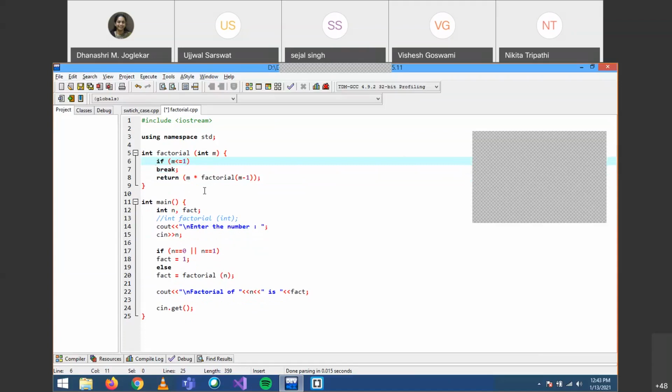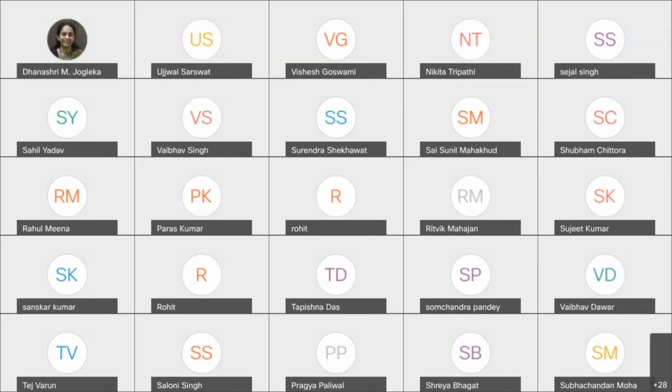So that's why we write two returns. But there is no meaning in writing two return statements which don't have any condition, because whenever control sees a return at the very first instance, from there itself it comes out of that function. So there is no meaning in writing another return. Is that fine?